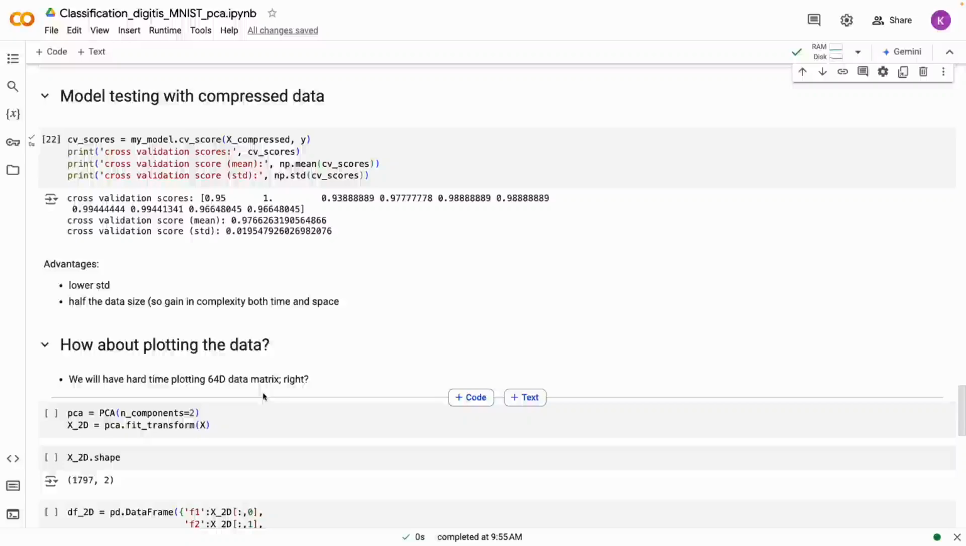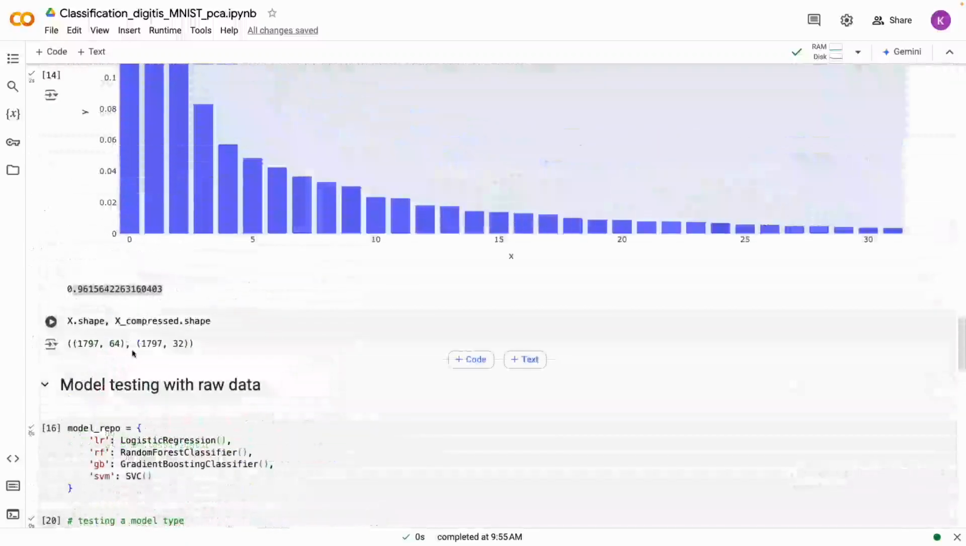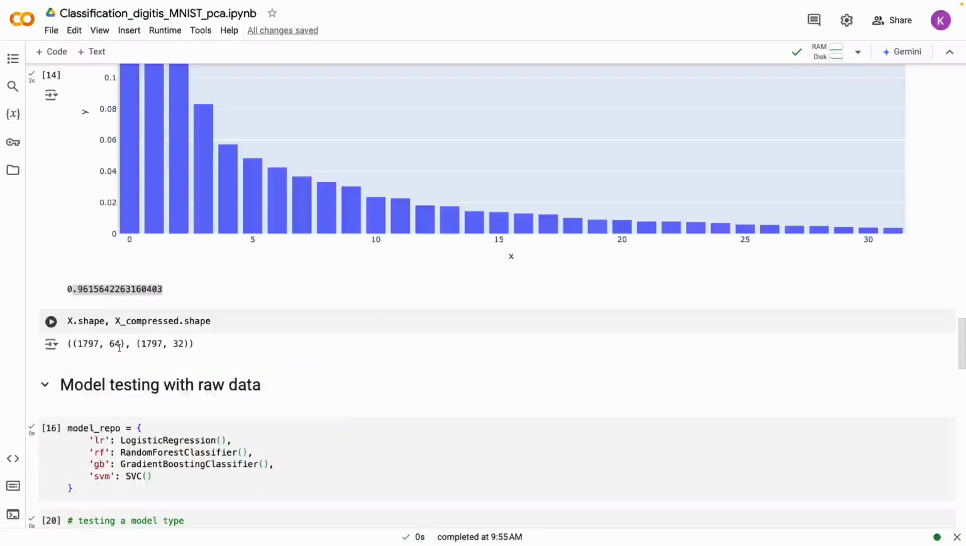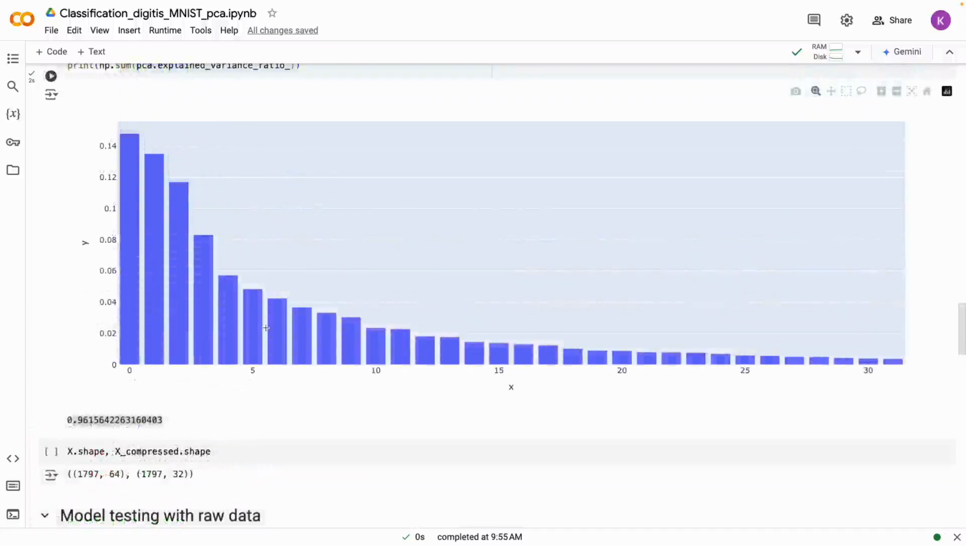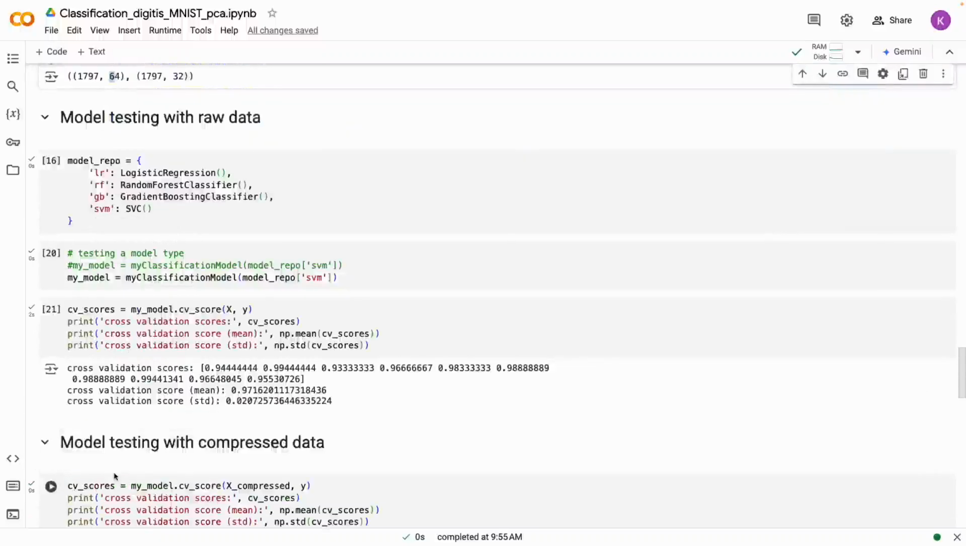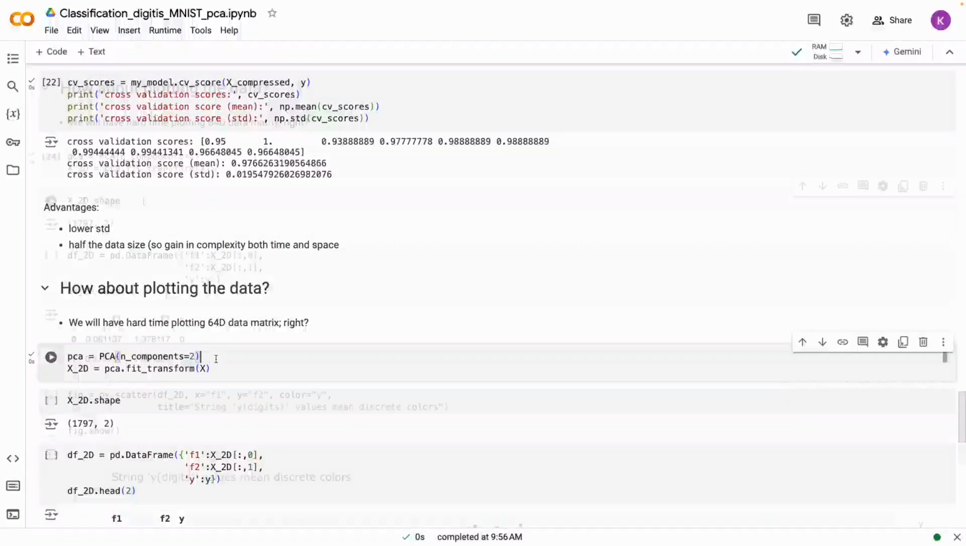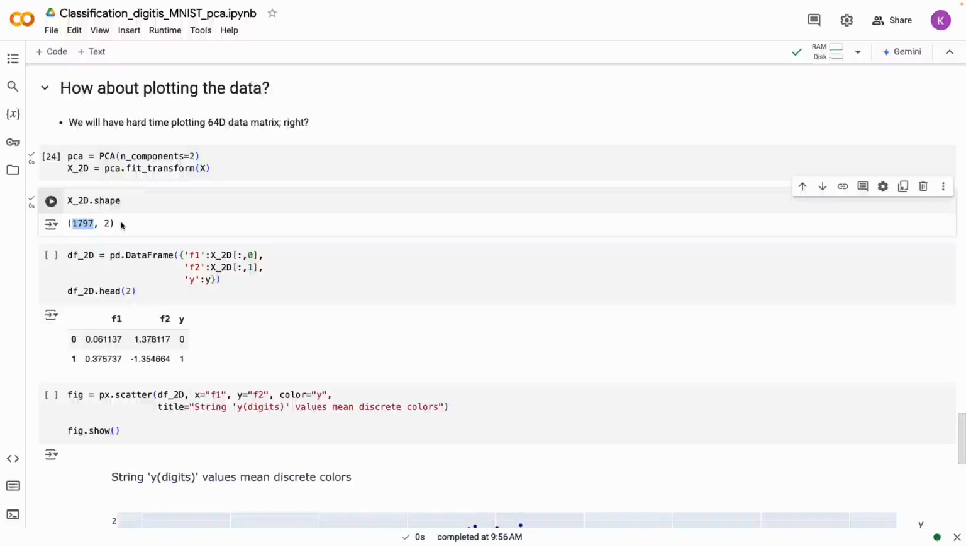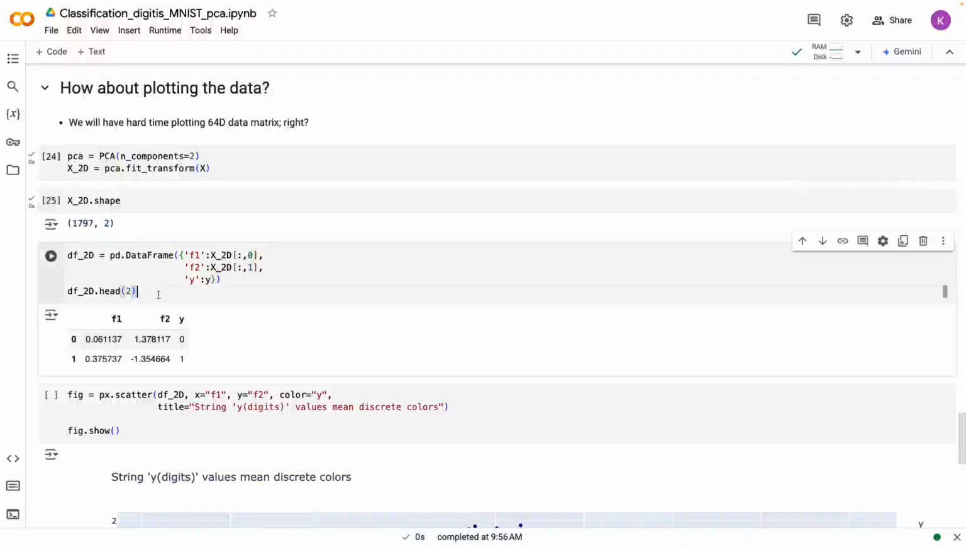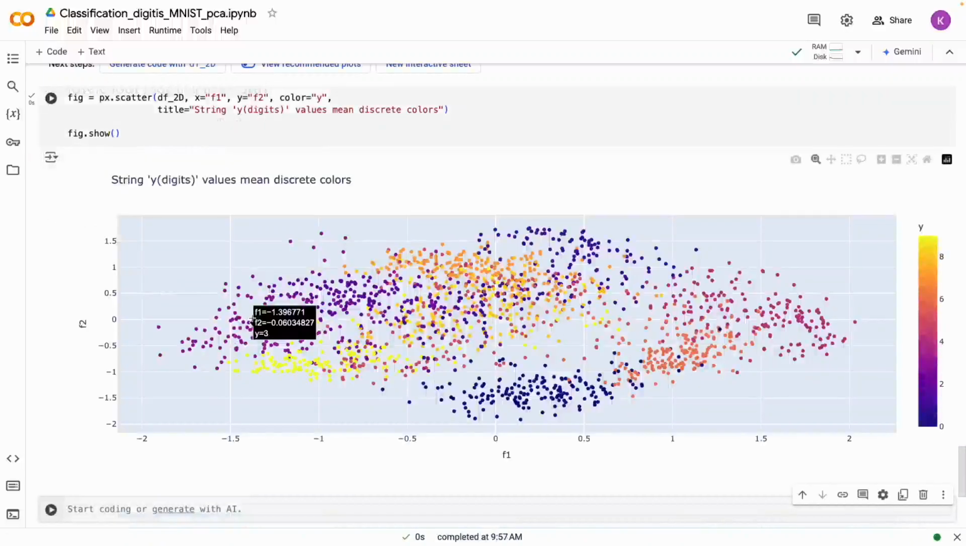Another thing I want to mention: let's say your data is at 64 dimensions, but you want to project your data for visualization. As humans, we can interpret only up to 3 dimensions. So we can compress the data to 3 or 2 dimensions and plot it for visualization purposes. You compress your data to 2 dimensions, so you see the same number of records, and then you plot your data. Now see, because we have 10 classes, 0 to 9,